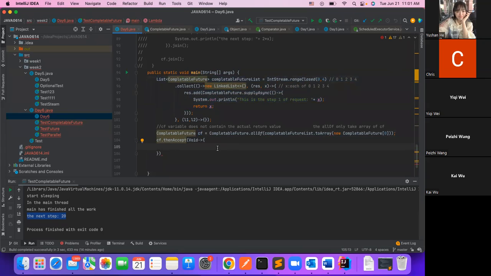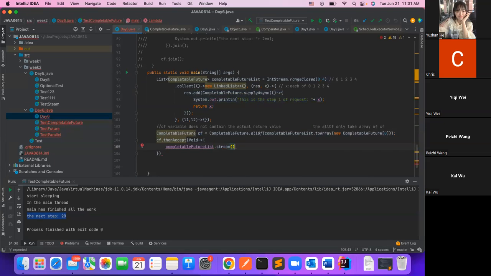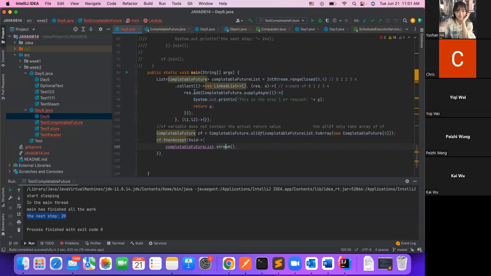Maybe just doing some dummy logic, for example, I want to still use the Stream API to handle this job because we have already learned the Stream API, so we should use it whenever we can to enhance our skills, right? So here we can use .stream, and remember, this is a CompletableFuture list. So when we use .stream, the stream contains all of those CompletableFuture objects. So we can maybe just use forEach, then provide